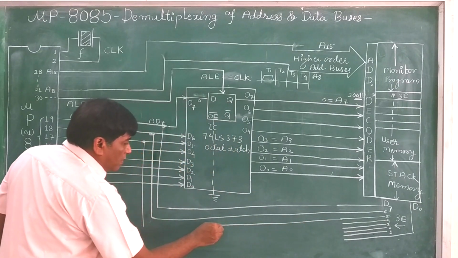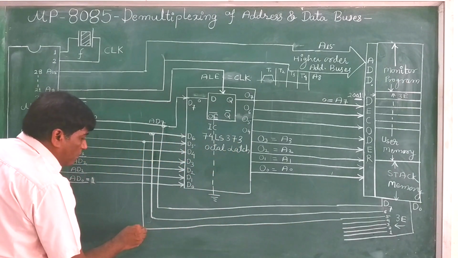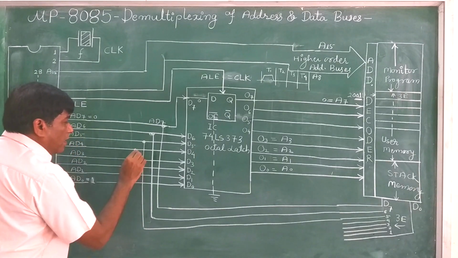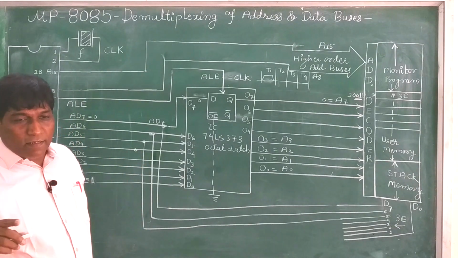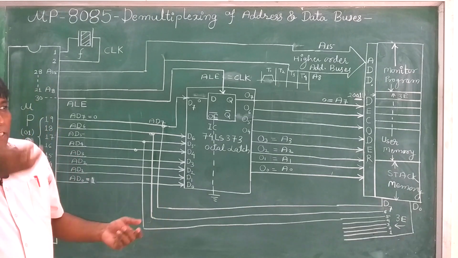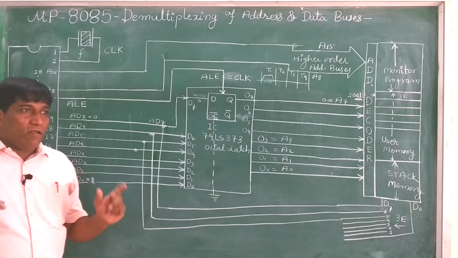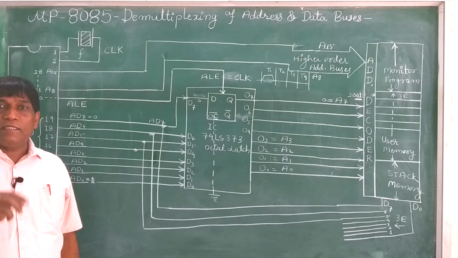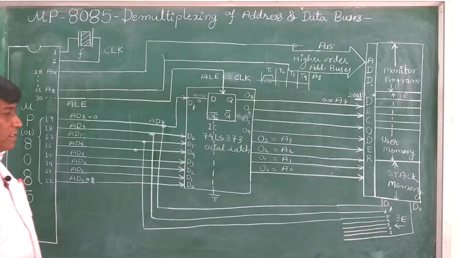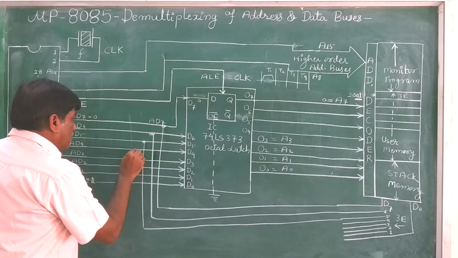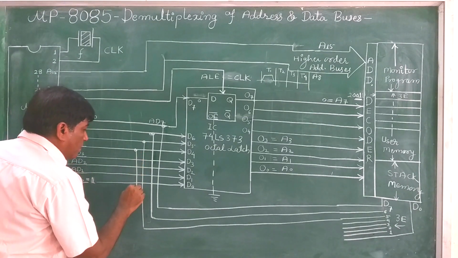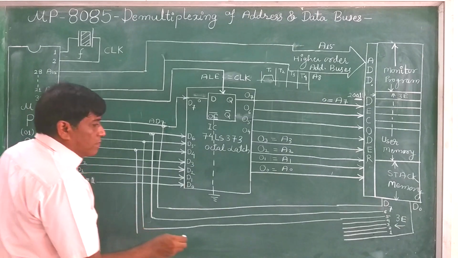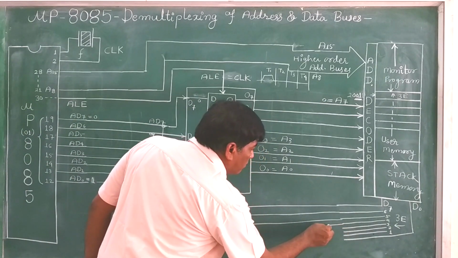You can see in this way we can fully complete the connection diagram, and as I have already explained, it seems that too many wires are there, but if we understand the clear logic of how these connections are there, how this address will be held, this is very simple, and this is a very important question in the CS examination also. It is generally a 7 marks question in the examination, and in the competitive exams also the same,